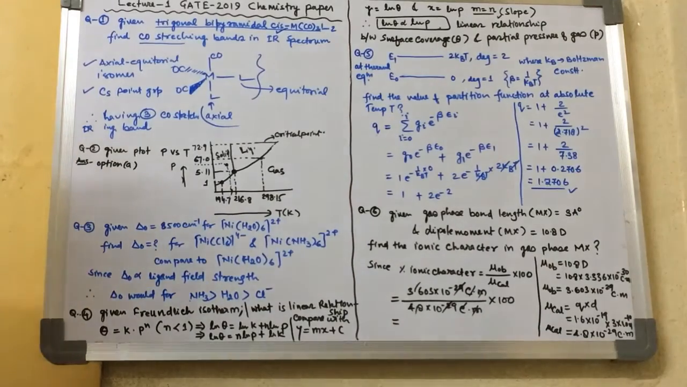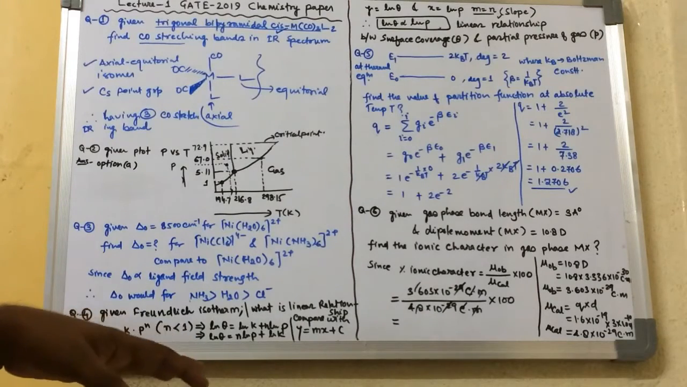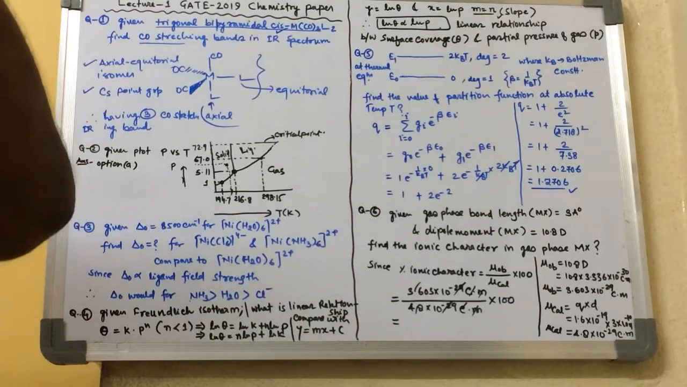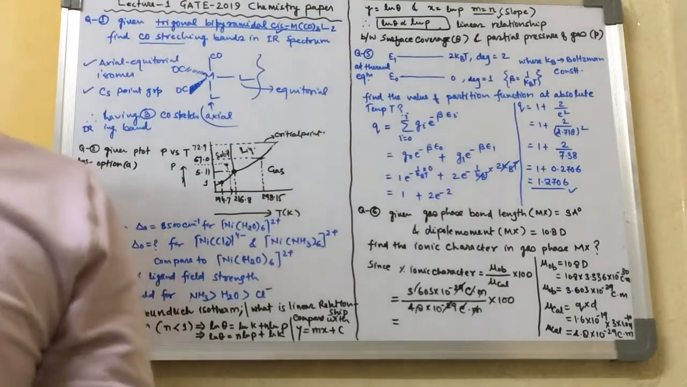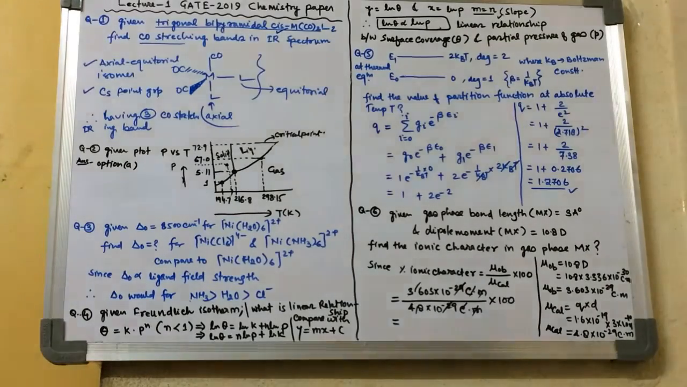So hopefully you guys have understood what the question is asking. Okay, so the option for this question is B. Now we move to question 5. So what is question 5 saying? Question 5 is saying